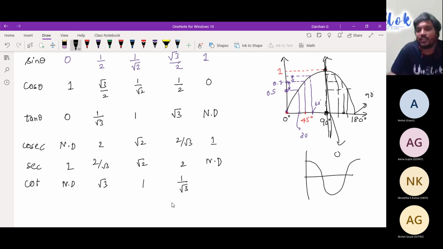Here comes the controversial thing. What is 1 divided by not defined? Anybody? Who can tell? 1 divided by 0, we understood it's not defined. What is 1 divided by not defined? So 0. It should be 0. Next one. Any other answers? The answer is 0 actually.